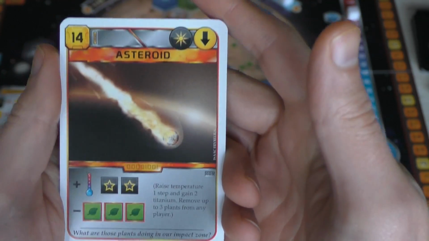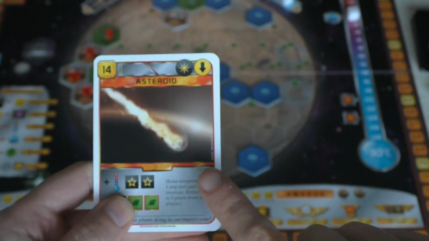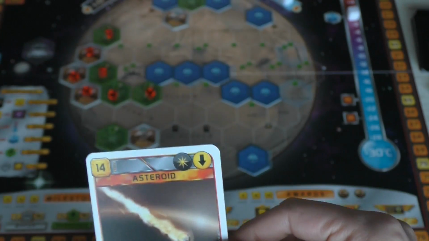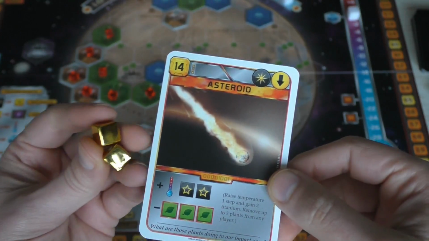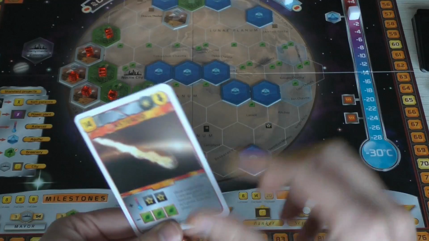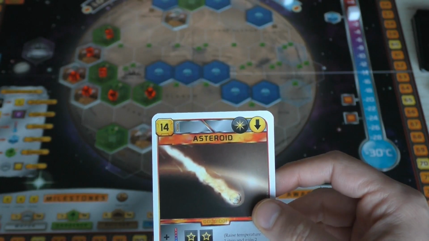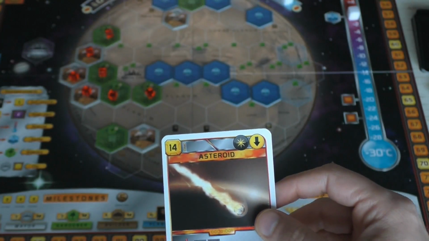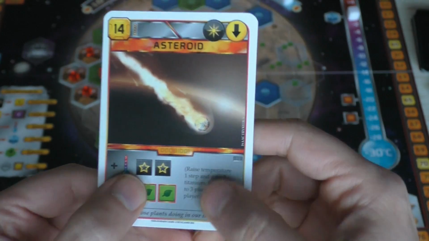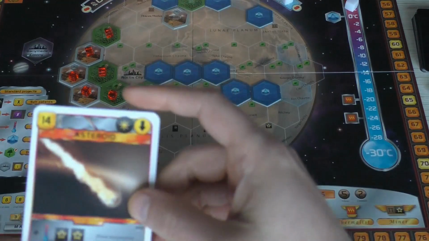card, and we get an asteroid, which is perfect. Wow, this is perfect. Let's use this card already. So I'm going to pay 14 million, but I can even spend less because I'm paying 3 of my titanium, so I need to pay 11 still. So let's pay $11 million. Place the asteroid, which raises temperature by 1. We go up to +2. We get 2